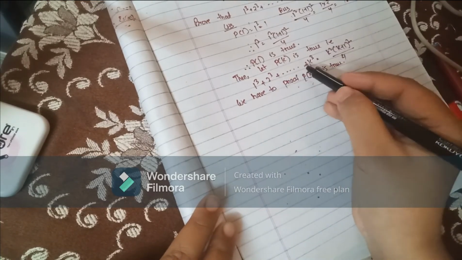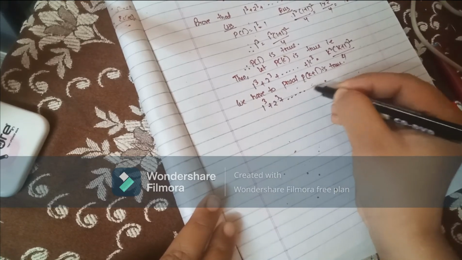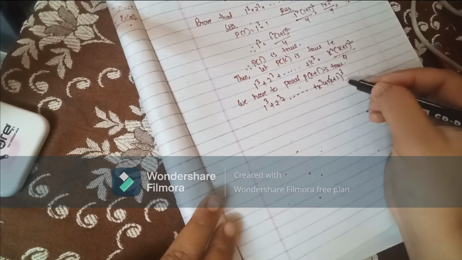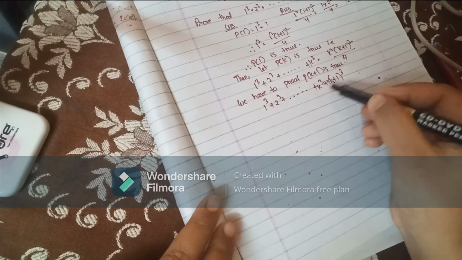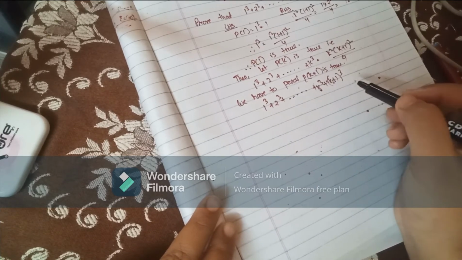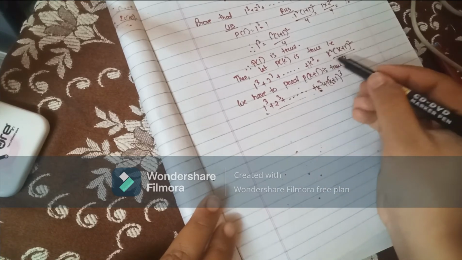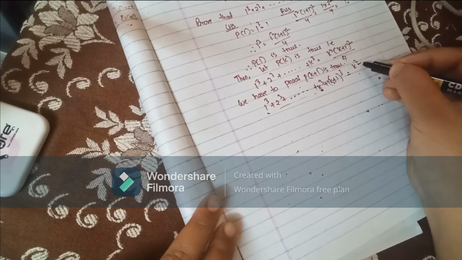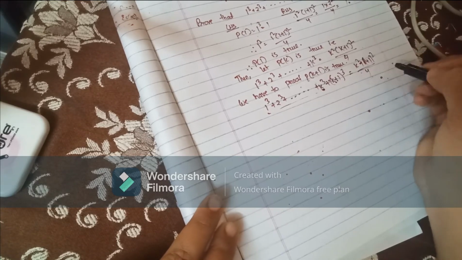So we have to replace the k with k plus 1. That means 1 cube plus 2 cube plus up to k cube plus k plus 1 whole cube. Why I wrote this one? Because we know that after adding 1 we are getting the next term. So after adding 1 with k, we will get k plus 1, and also we have the value of this much, right? So we just wrote like this. So k plus 1 whole square, k plus 2 whole square divided by 4. We need to prove this.